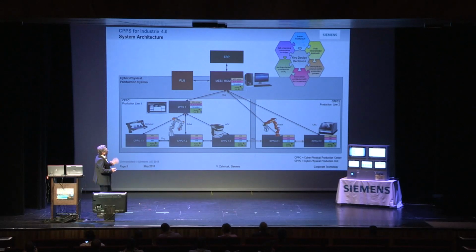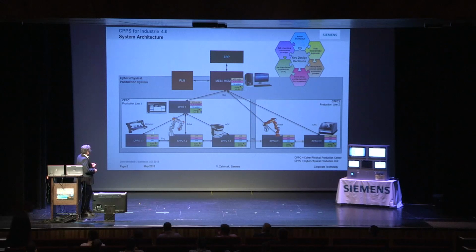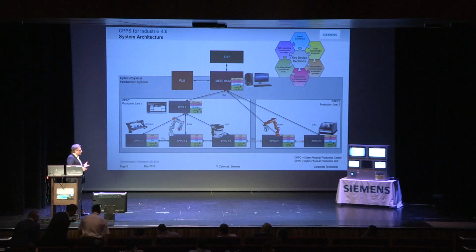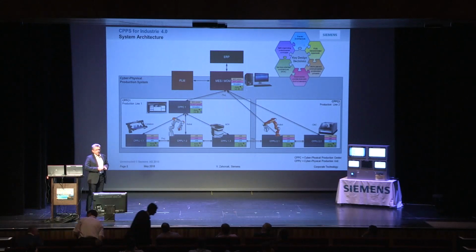A very important topic is that the product steers the production. What you can see here is on various levels. We have one production line with 3 machines. We are integrating also AGV technology. A second production line with 2 machines in this small example. And you can see that their architecture looks quite similar. They all have a digital twin or process image in WinCC, where it's expressed in an object-oriented way what these machines are capable of. And they have so-called skills. These skills are capabilities of machines, what they can actually do, and